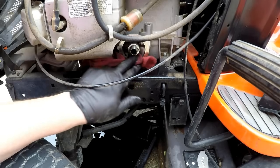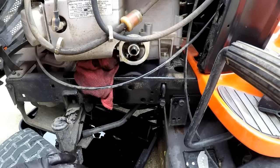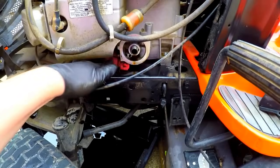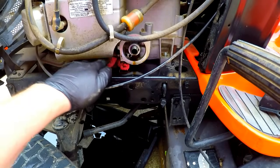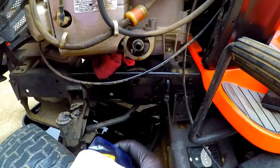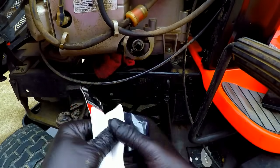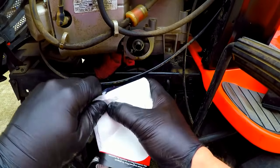So now the good thing is, once it drops its oil that's in there, you don't get much else out of it. So I just kind of keep that rag stuffed right there just to catch whatever oil does drain out while I'm getting the new filter ready. You're going to take your new filter, take it out of the package,